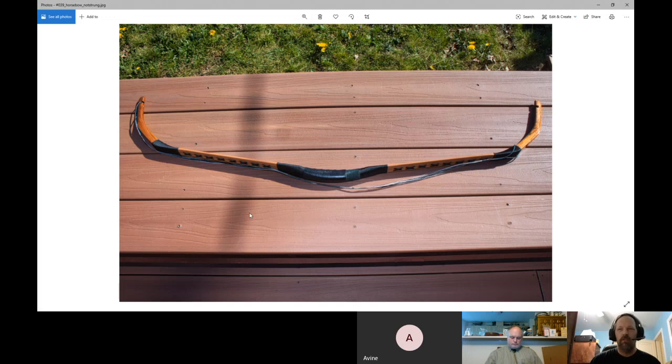So the fiberglass is, in all cases I've seen, covered with the leather. If you don't see leather over the limb, that would be a safety concern, because if it splinters and it's not covered, it can go pretty much any direction. If the leather's there, there's no reason to inspect that part. It's covered. If it does fail, it's ultimately the archer's responsibility. The Society has made sure that's in the rules. So we can't make them pull the leather off so we can check out the fiberglass and make sure it's in good shape. So our primary thing is the wood and the joints and making sure the handle is